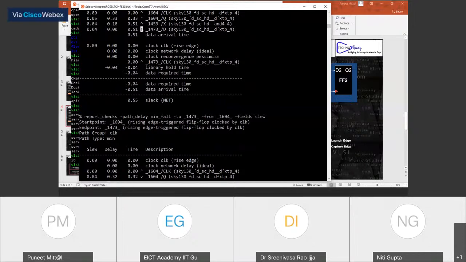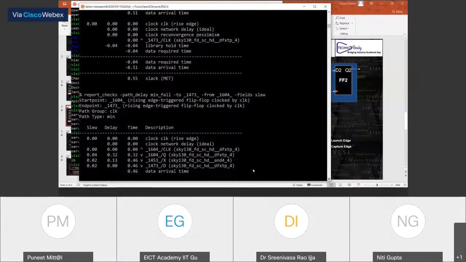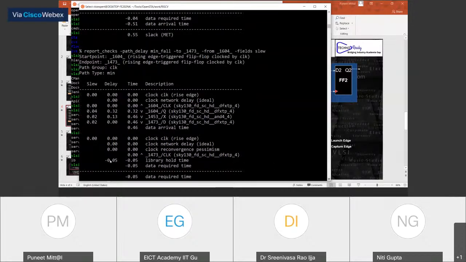So 0.04 for rising, 0.02 for falling. So now you can understand that your rising and falling edges are different, and because of that your transition time is changing. So your hold time has a dependency over transition time. Now you can see here it is 0.004 and here it is 0.05. There it is 0.04. And if you want to check it, you can go back and check in the .lib file how these things are mapping with each other.